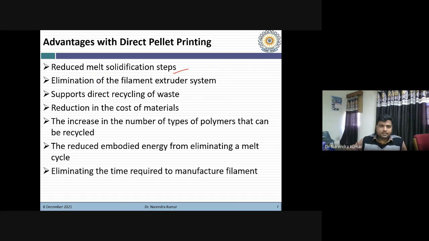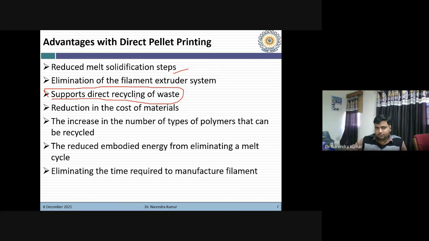Then the next advantage, it supports direct recycling of waste material, because nowadays it is a very big problem for all of us, because we are creating a lot of waste related to polymers, because polythene is there in the market and different products are there where people are using polymeric materials.